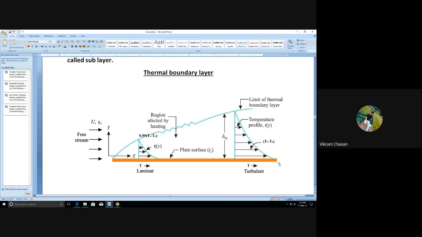Is there any question, any doubt on this point? Whether you understood what is meant by thermal boundary layer, or should I repeat? Okay, you can draw the diagram. I will provide you a 2-minute time period, so you can draw the diagram and we will further proceed to the write-up part.